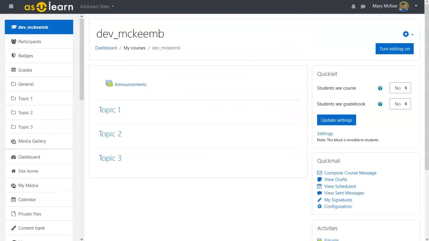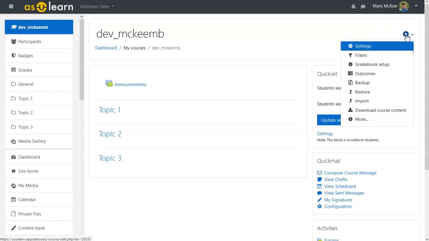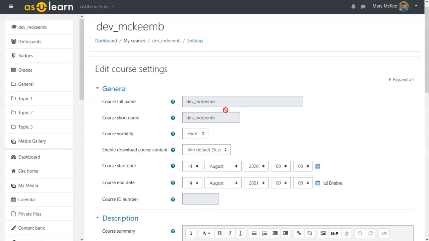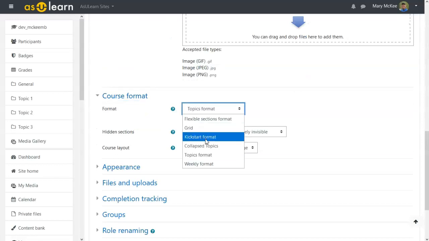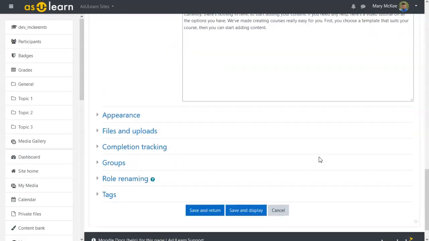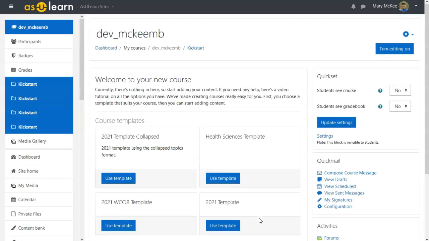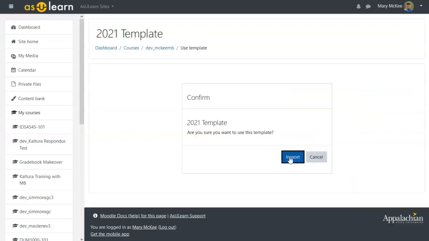Another option available to faculty for course format is something called Kickstart. So if I go under the gear to Settings, go to Course Format, I can choose Kickstart Format, and then Save and Display. And these are just some templates that are available to faculty on campus. So I'm going to select this 2021 template. So I click Use Template, Import,